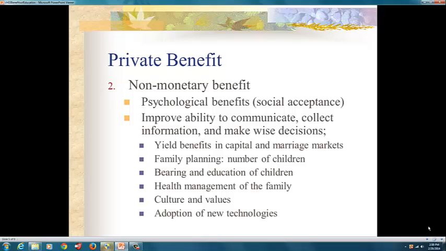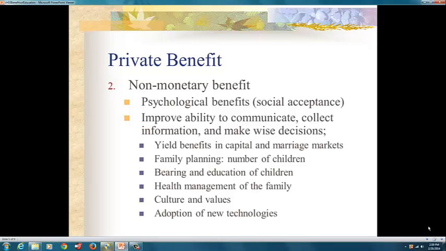Now for the non-monetary benefits, we have the psychological benefit. Well, what is that? It means that you will be essentially running in different social circles. Well, what does that mean? It means that chances are you will have different networks because your networks will now consist of individuals who you went to university with, and they may be able to be of some assistance to you in later years because they themselves will be upwardly mobile in the social arena.